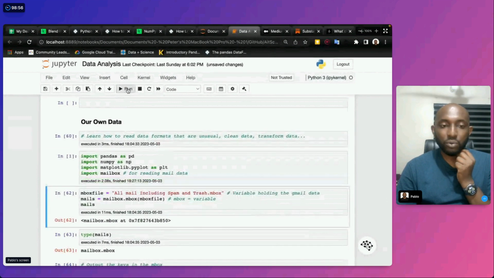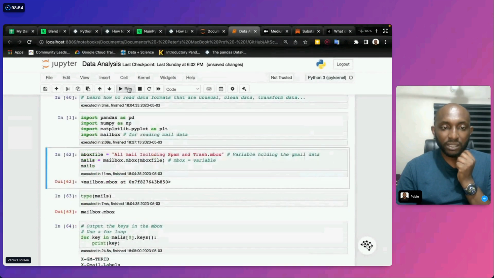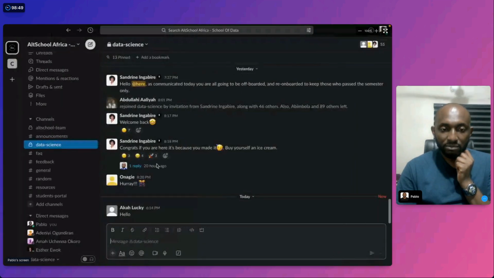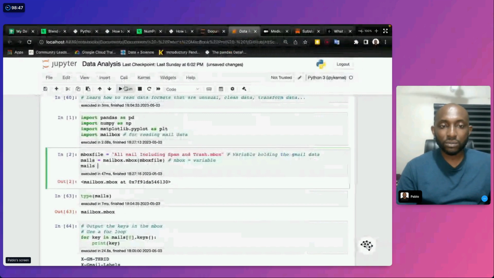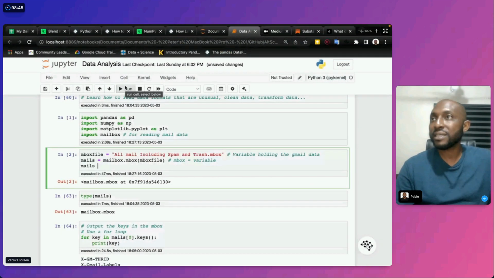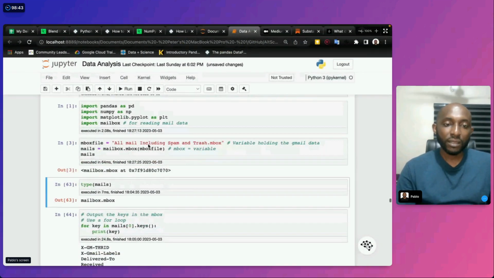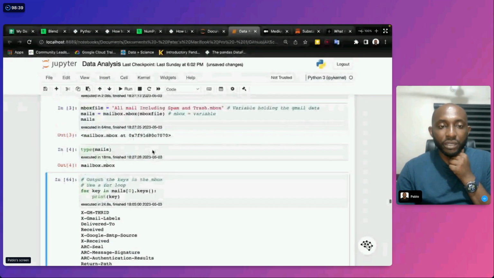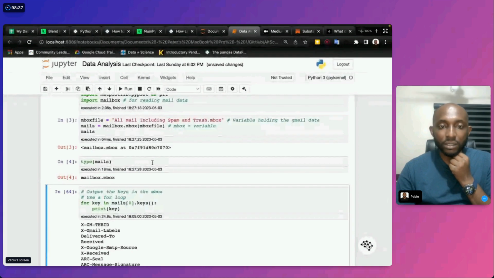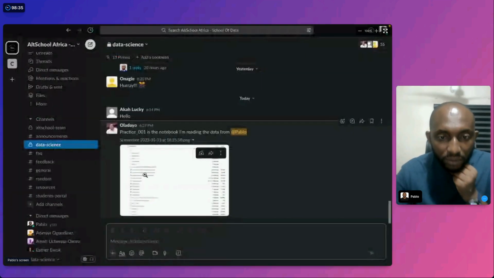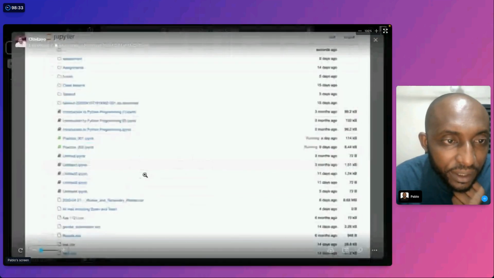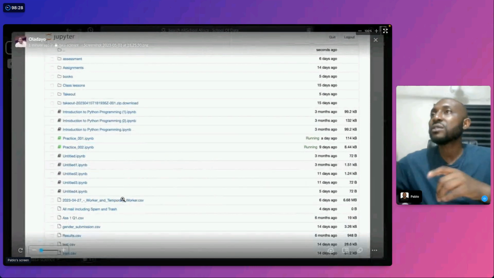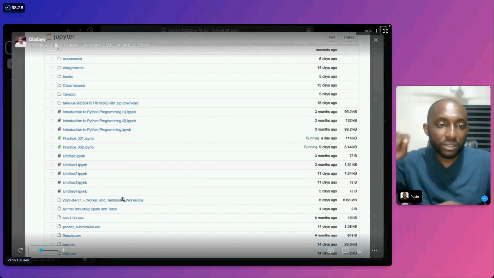So I've imported the data. We use the mbox file for the ones that some guys are struggling to open. Please Olada, send me a screenshot. I said send me the screenshots in your download folder.